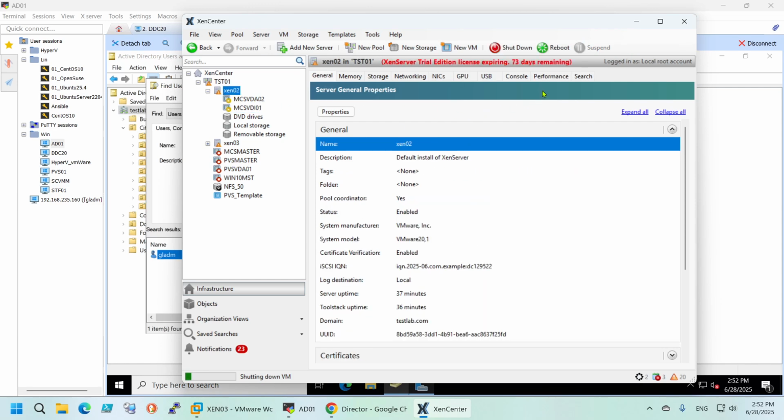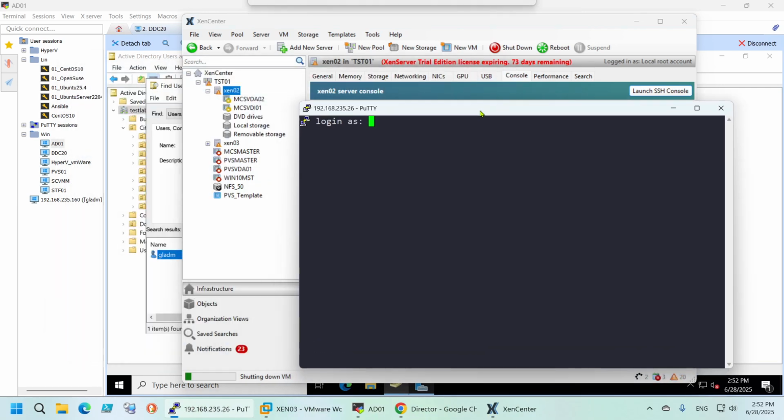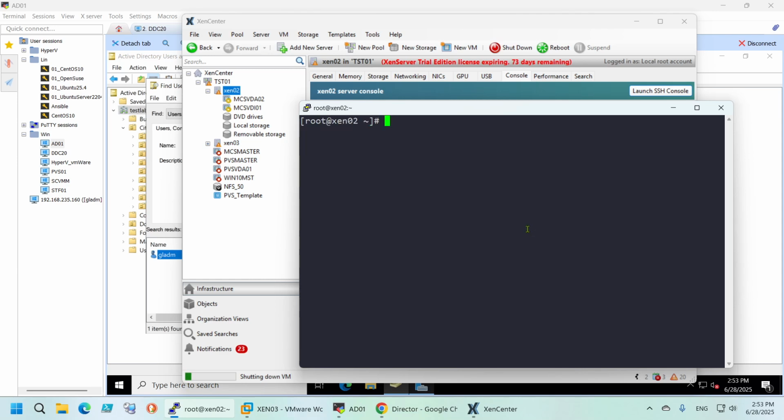And let's connect to the pool master, as root, of course. And xe designate